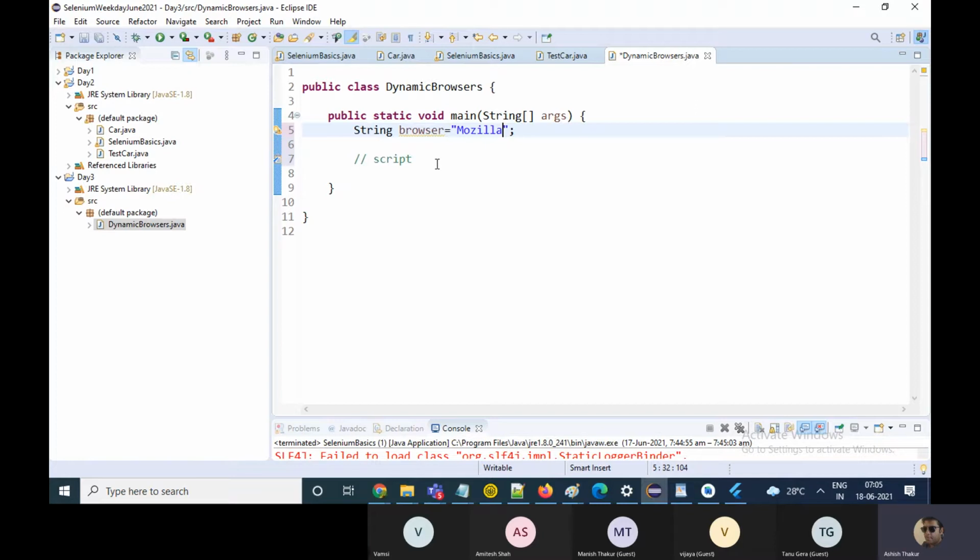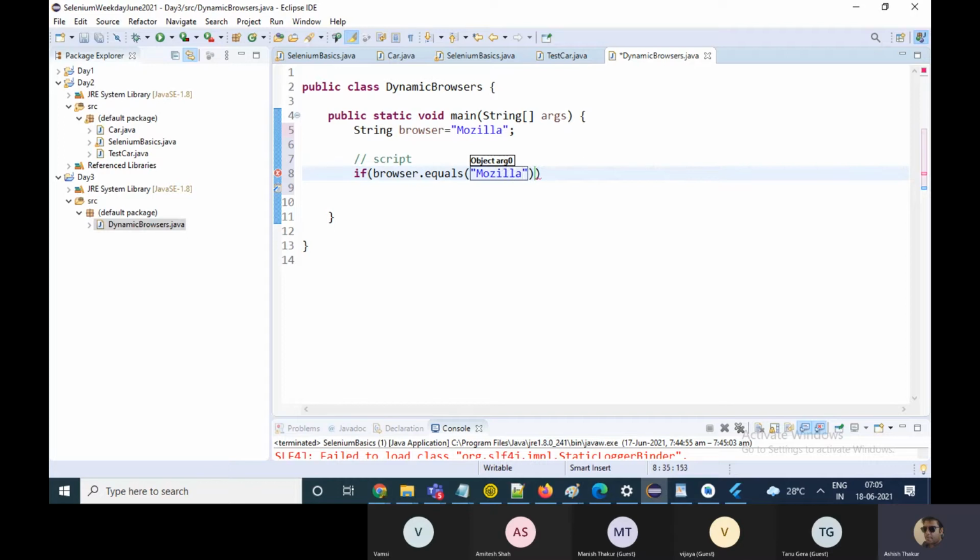Okay, well, if we write over here that if the browser is equal to, you can put an if else statement. That's the basic answer to this. Okay, but will if else help us?